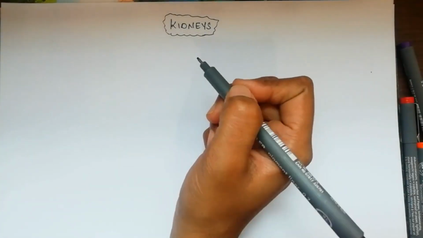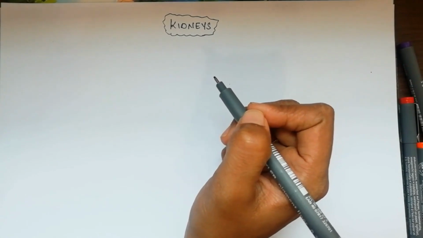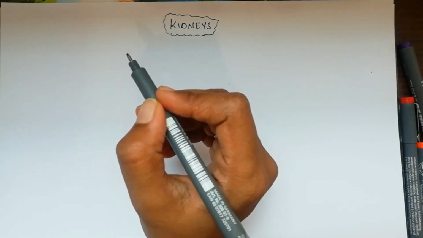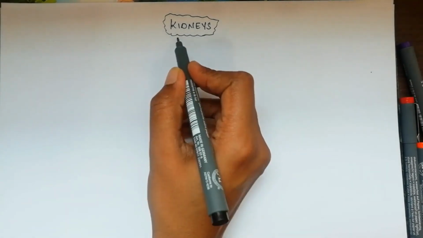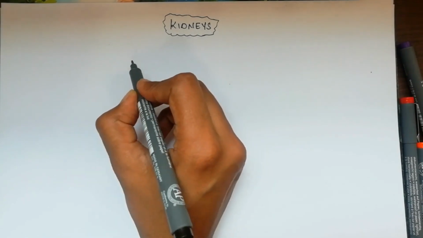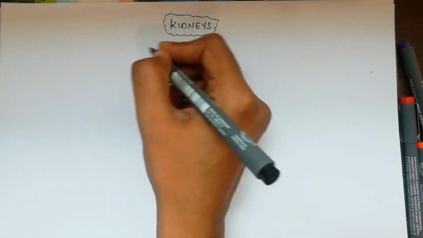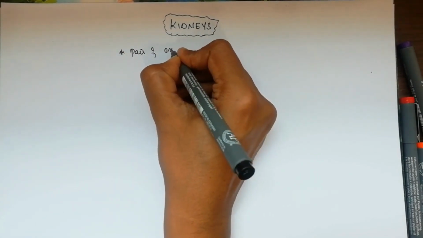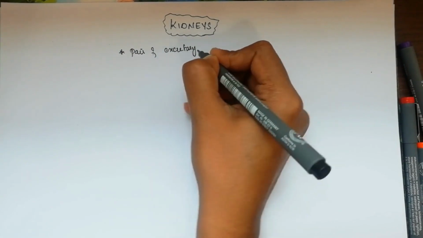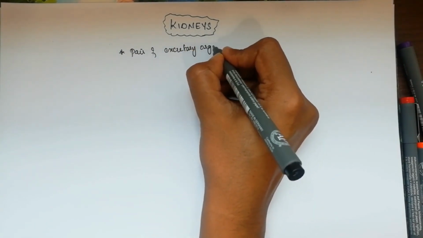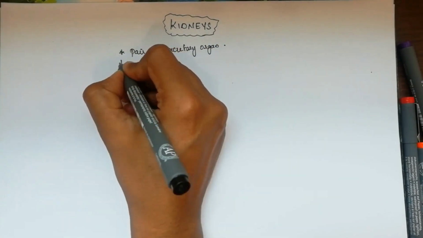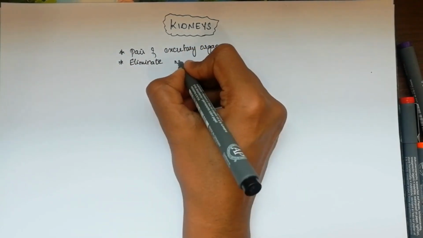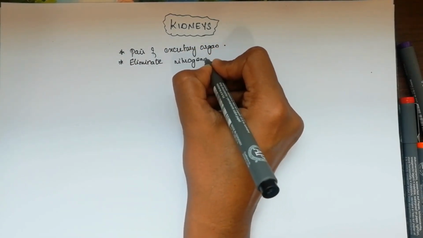So in today's topic we are going to deal with the important organ present in the abdomen, which is a paired organ seen on either side of our body in the posterior abdominal wall, that is the kidneys, which are paired and will be seen on the right and left side. So kidney, the main function, it is considered a pair of excretory organs. So the general feature we are dealing with is just a pair of excretory organs seen in the posterior abdominal wall, and the main function of this is eliminating the nitrogenous waste.